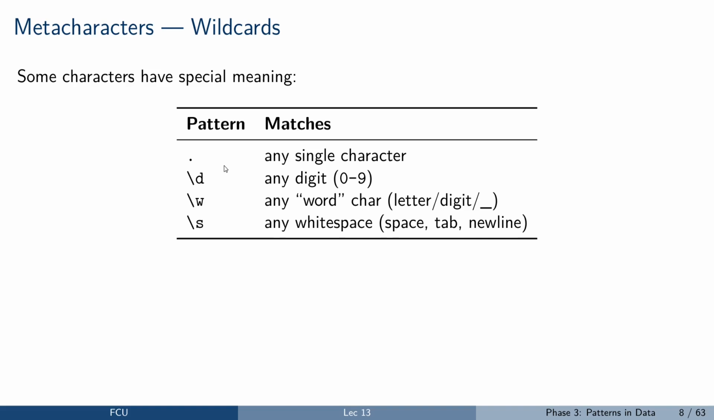So metacharacters are special characters. Dot is a metacharacter in a regular expression, which means any single character. Slash D, this is backslash. So when you combine the backslash with a character, it becomes a metacharacter. Slash D means any digit between 0 and 9. Slash W means any valid character that could appear in a valid word, for example,